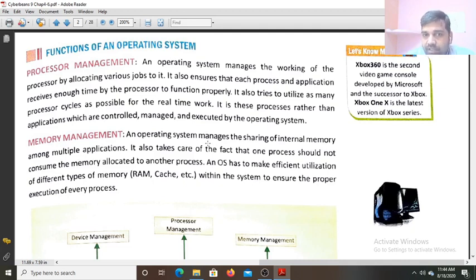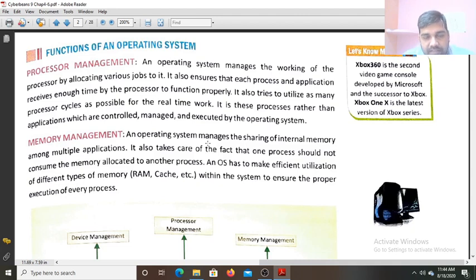Each process needs memory in the RAM for opening. So memory is allocated by the operating system in the RAM to these different processes, and the memory acquired by Word will not be taken for any work by Microsoft PowerPoint.